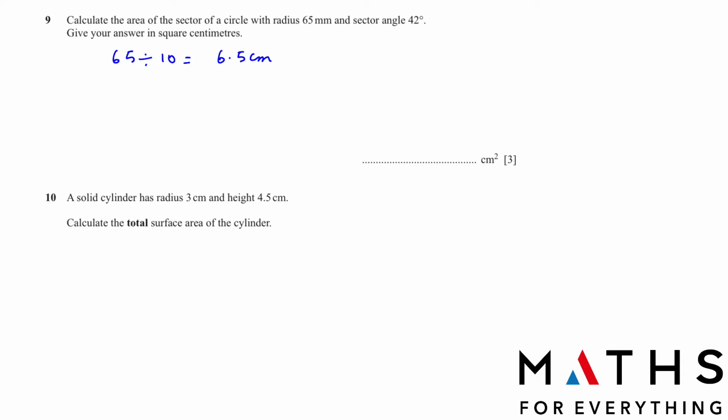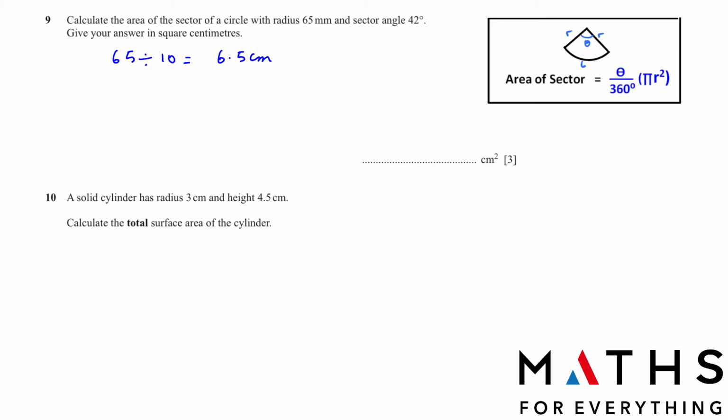Now you need to know the formula to find the area. Area of sector is theta over 360 multiplied by pi r square. Theta is the angle. Angle is 42. So area is equal to 42 over 360 multiplied by pi multiplied by 6.5 square. We will get the answer